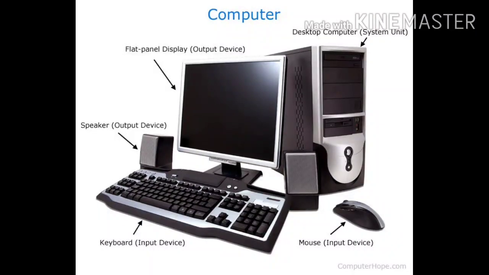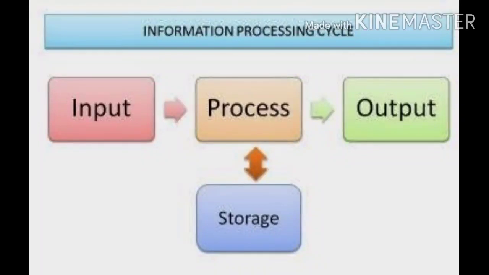We'll revise once. So, a computer works on the IPO cycle, that is input, processing, output. Input: data entered into a computer is called input. It could be numbers, letters, pictures, or even sound. After entering the data, program. Now this term is new for you. Program. What is a program? A set of logical instructions given to a computer to perform a particular task is called a program.